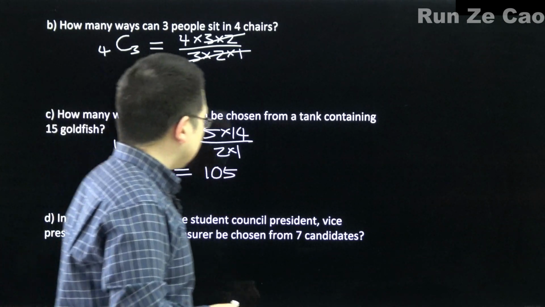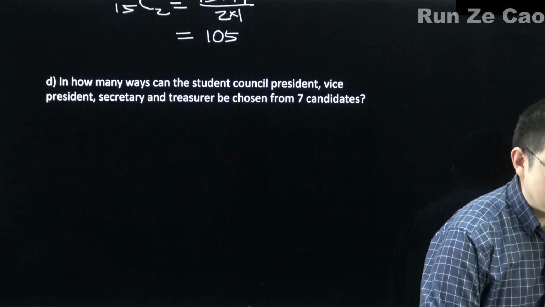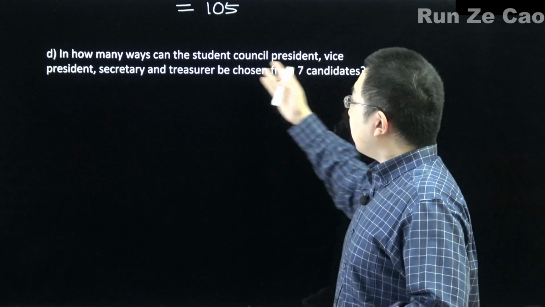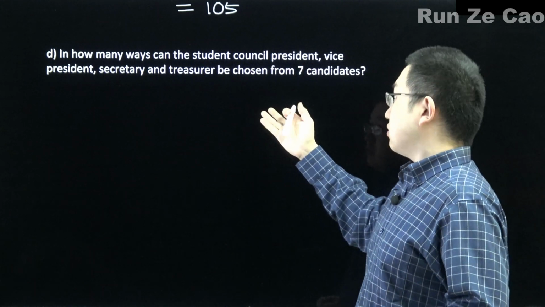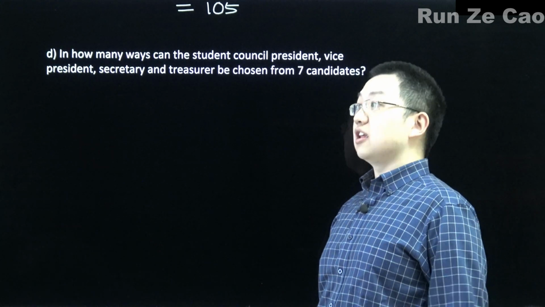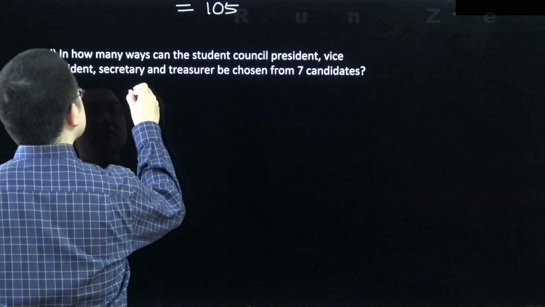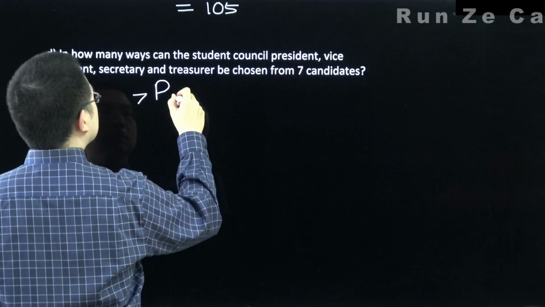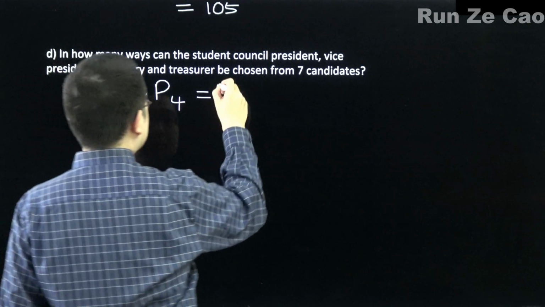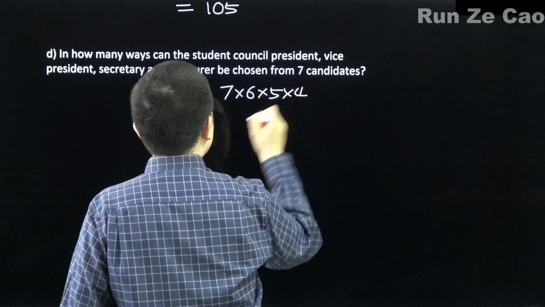Now, in how many ways can the student council president, vice president, secretary, and treasurer be chosen from 7 candidates? Oof! President, vice president, treasurer, and secretary. Whoa, these are different titles. That means the order that they are chosen matters. So you have 7 pick 4, which means you're looking at 7 times 6 times 5 times 4. Or,